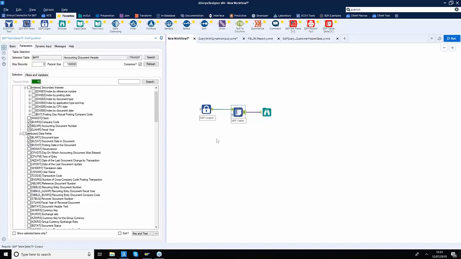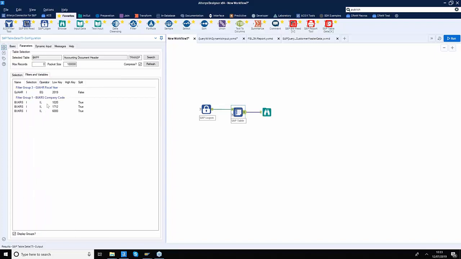Now similarly, as with the BW read tool, you can push dynamic input into this tool, so you can bring in some filter criteria. For example, you can have some company code values that your colleague gives you, or you have a requirement for a project that determines the company codes for you, and you would like to feed that information into this tool so that you can make a dynamic workflow. You can also use one of our table tools to feed the data into this tool.